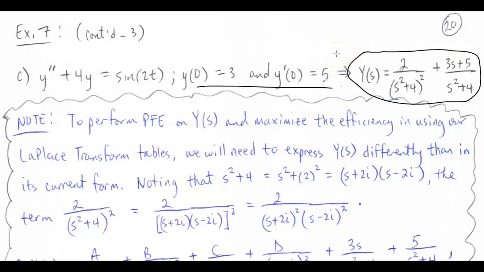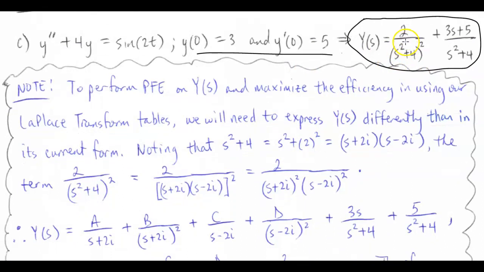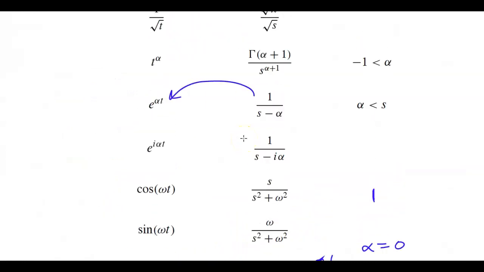Now, we're going to solve this purely by doing Laplace transforms, and using their corresponding inverse Laplace transforms. So in that, we're going to have to play what I call the algebra games. The first thing that we see here is that if we look at this 2 divided by s squared plus 4 quantity squared, if we look at our tables here, you're going to